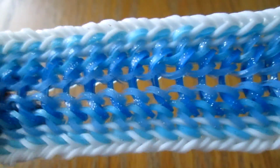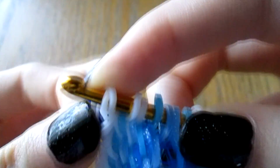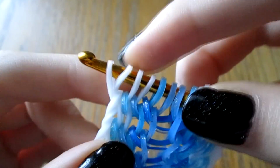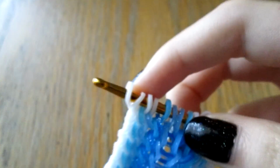Alright, I'm back and I've made this long enough to fit around my wrist. And now to finish it, you're going to start off by taking both of your C-clipped bands on one side, putting them back on your hook and unclipping them, making sure that they stay in their proper order. Then cross the one closest to the hook over this one here. And then